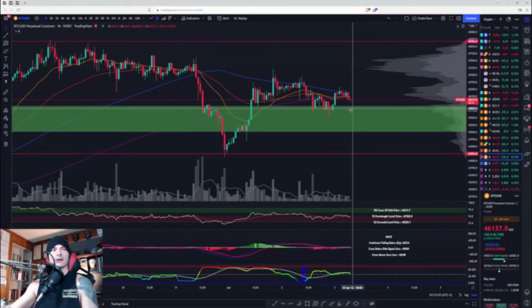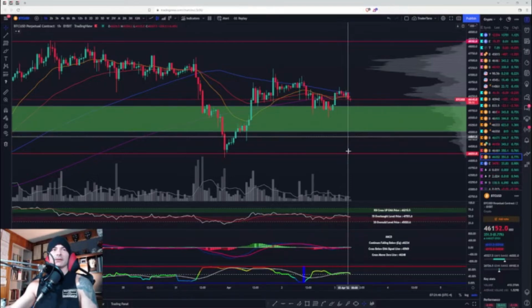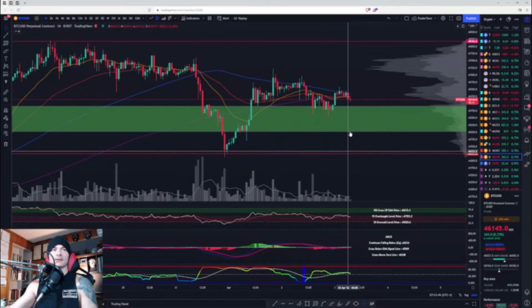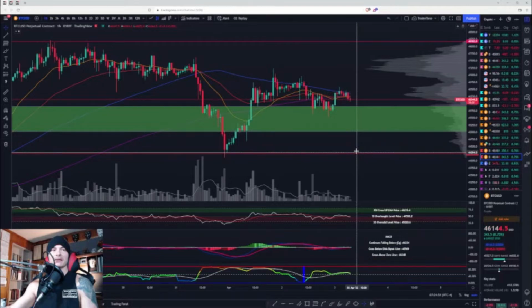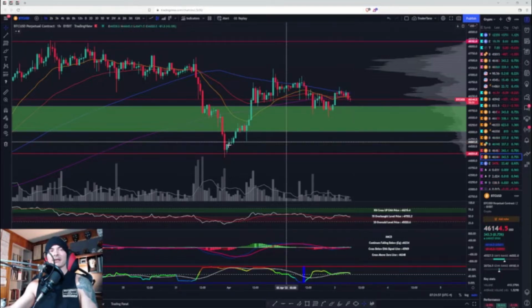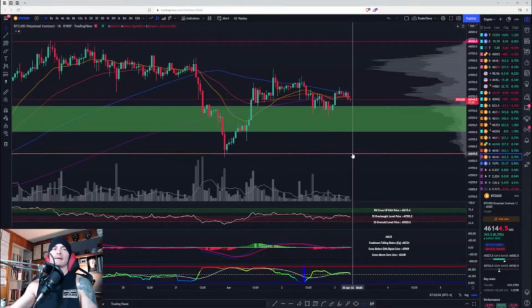Okay, so if we get down past this low on a closure, even a 1 hour closure, I could see us coming down. Next stop would be 45,280 to 270 region. And if we fall below that, I see us first coming down to the bottom of the box, maybe getting a bounce at 45K, but ultimately I think we would come back down here. Then the best case scenario would be to get a double bottom. That'd really be all we're working with. Remember, if we fall below 40K, we're going to go much lower, in my opinion.